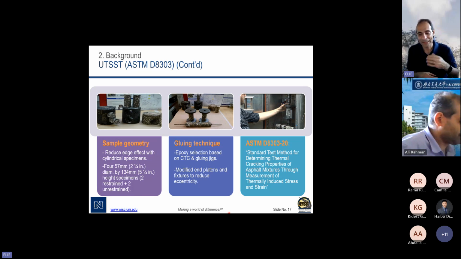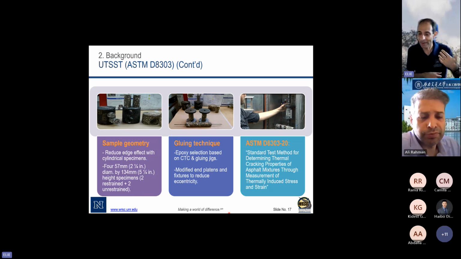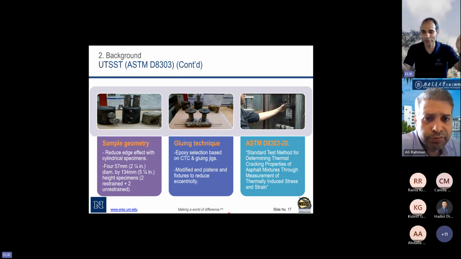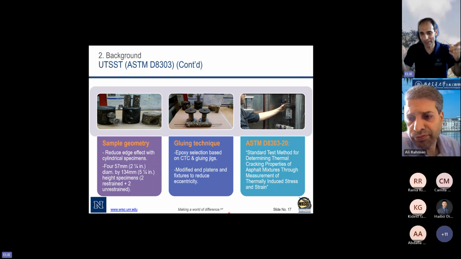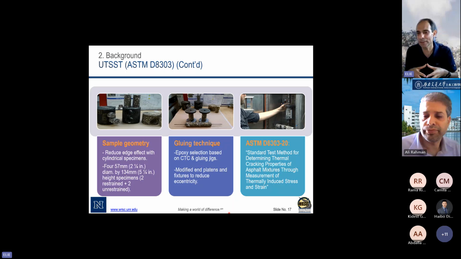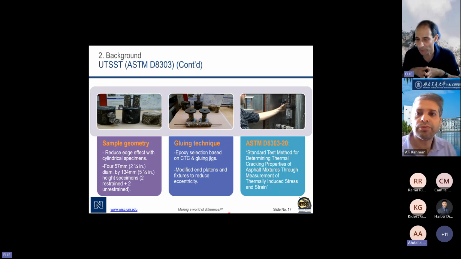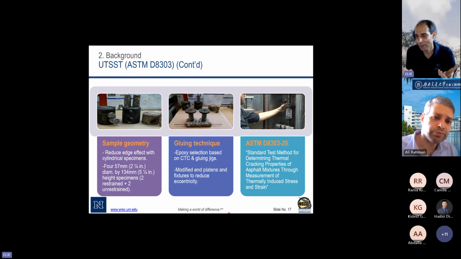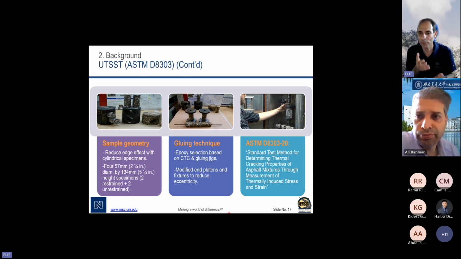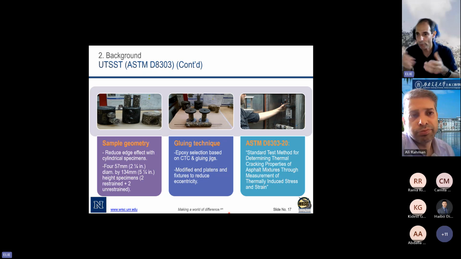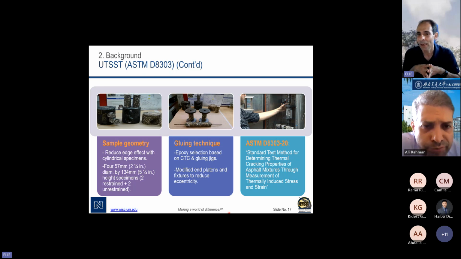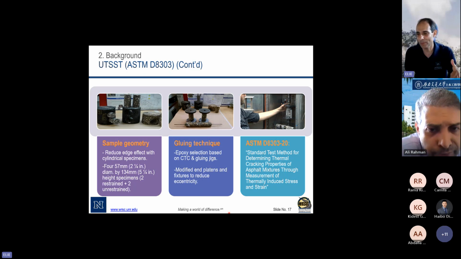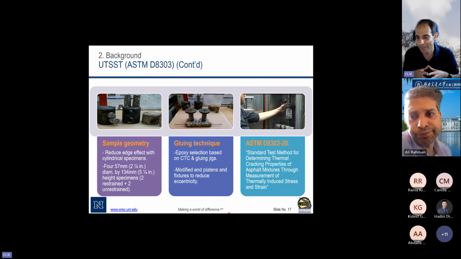Now, a lot of times when you do tension, in the past, they've used cylinders or those dog bone type of shapes, like the ductility test on the binders, which unfortunately we don't use anymore. But you try to create thin sections so that you specify where you want it to crack. There are some studies where they looked at the dog bone in the mix. But again, our challenge was, if we add a dog bone, it's going to make how to make the specimens even more complicated.